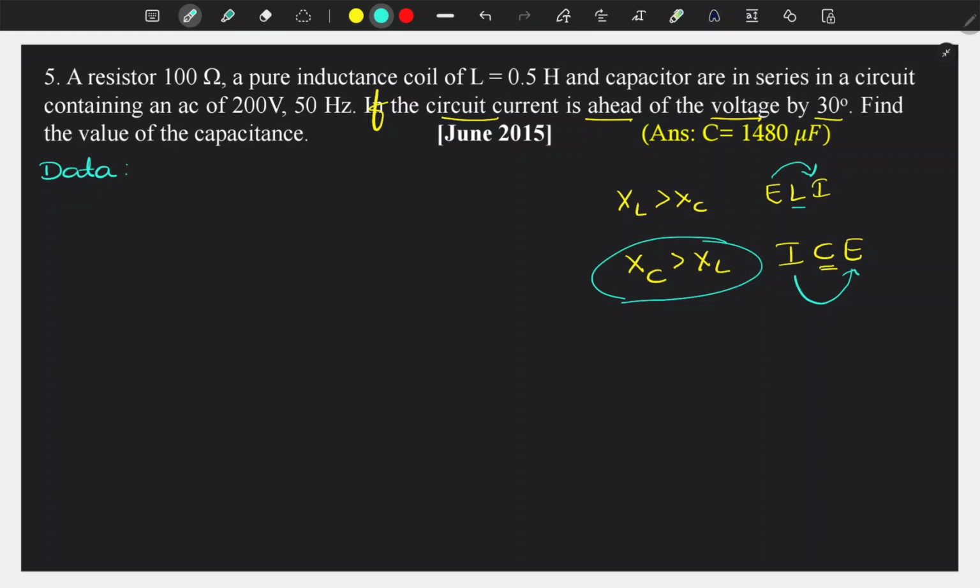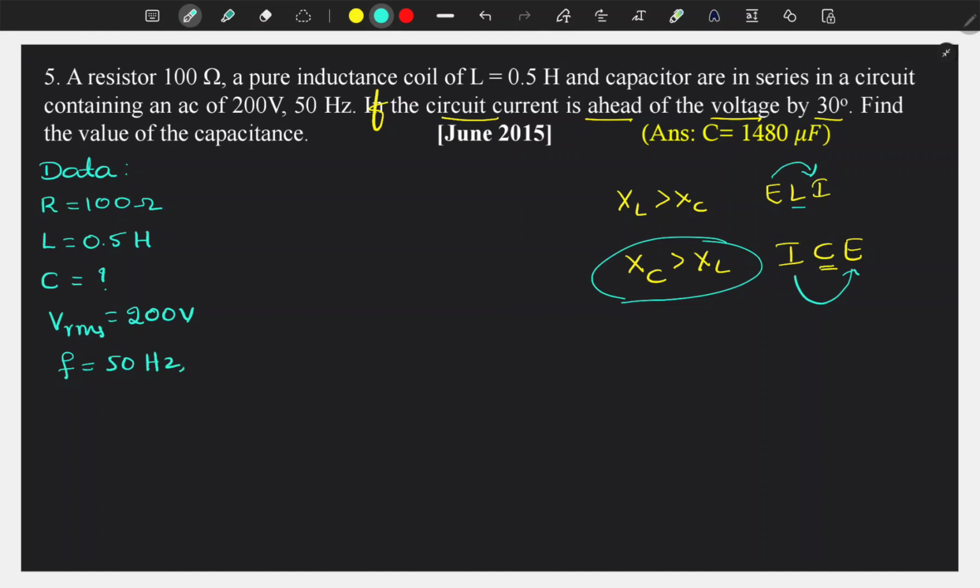That is, we have a resistor of 100 ohm, an inductor of inductance 0.5 Henry, capacitance of the capacitor need to be found, and voltage applied VRMS I will take, that is 200 volts. Frequency is given, which is 50 hertz,